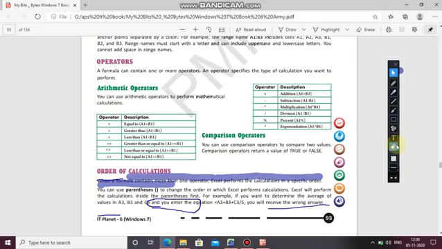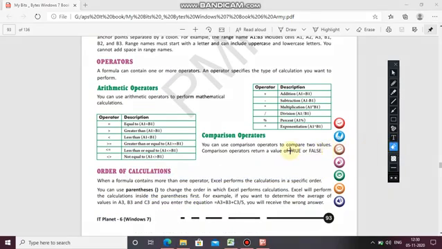Arithmetic operator. You can use arithmetic operators to perform mathematical calculations. Any mathematical calculations you are performing, then you will use arithmetic operators.